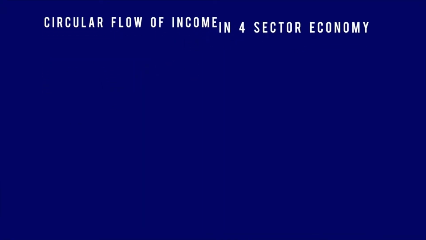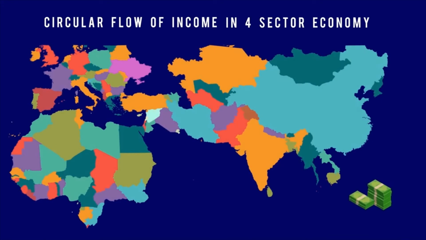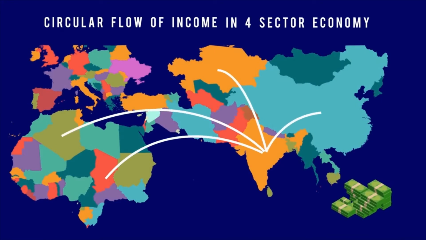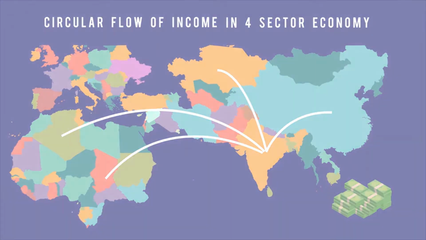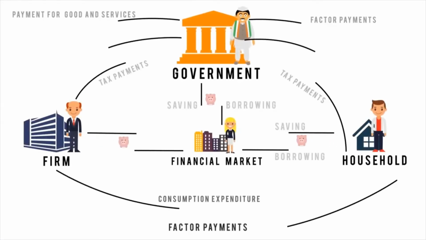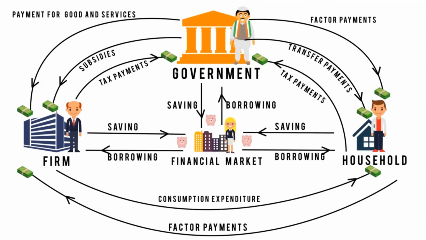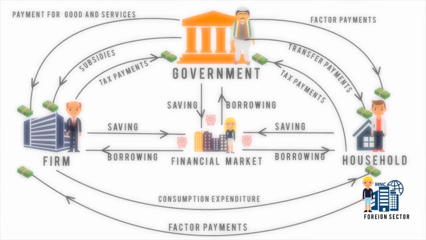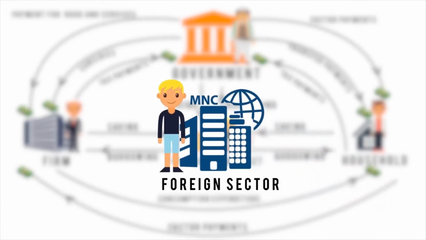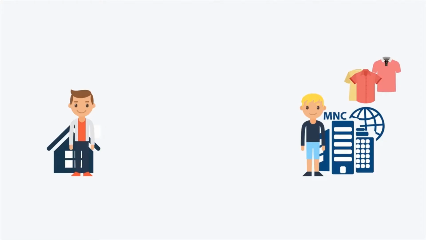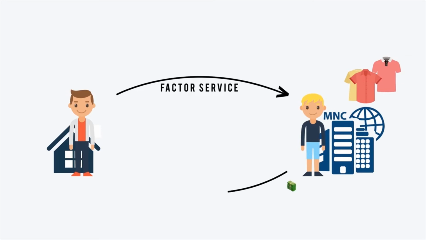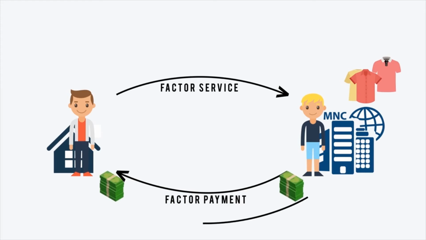We now turn to explain the money flows that are generated in an open economy, that is an economy which has trade relations with foreign countries. This can be understood by the following illustration. Let's consider the model of circular flow in a three-sector economy and introduce the foreign sector into it. Firstly, households provide factor services to the foreign sector, in return for which they receive factor payments. Households also receive transfer payments from